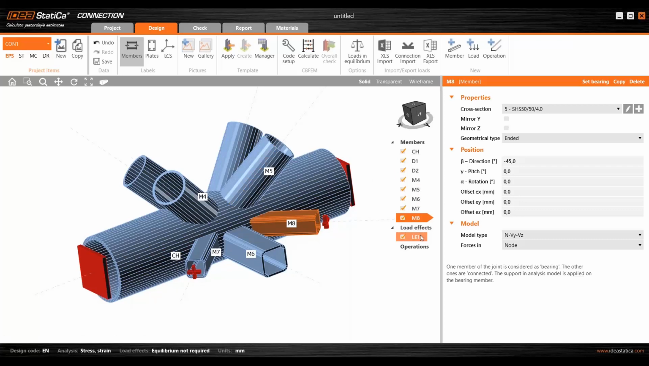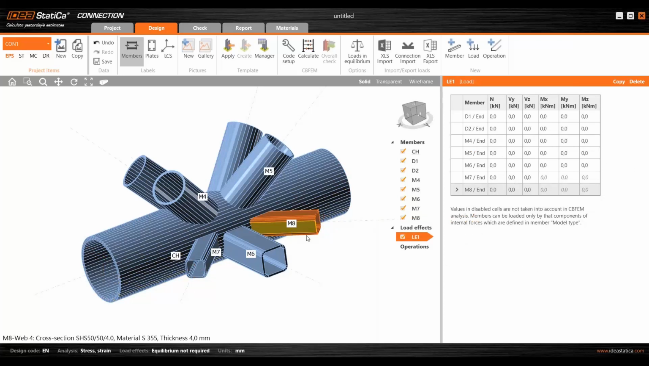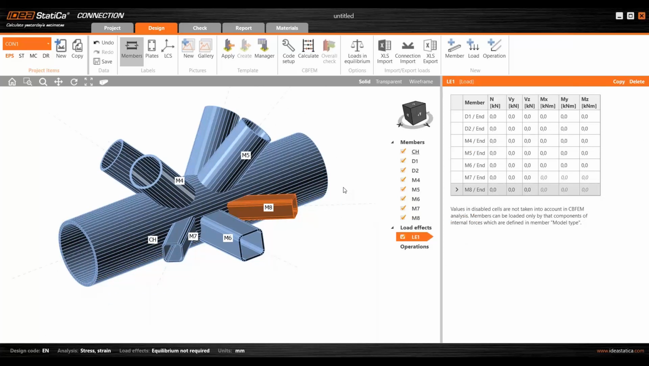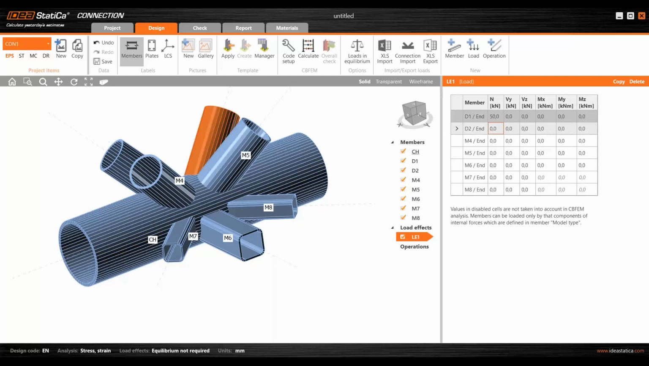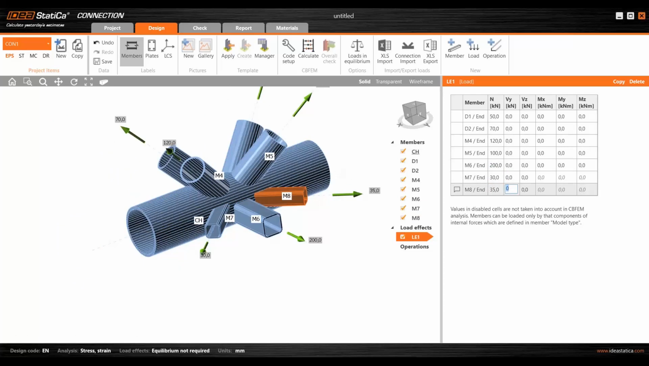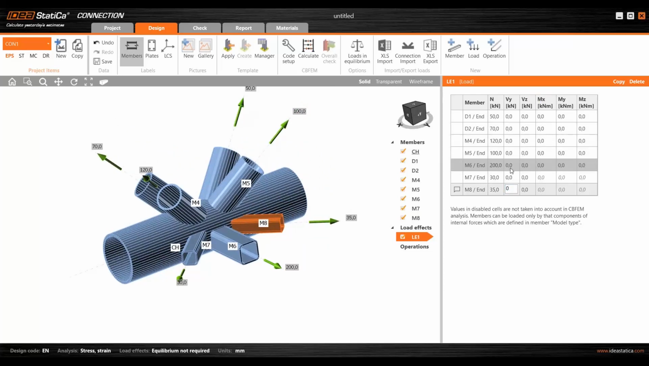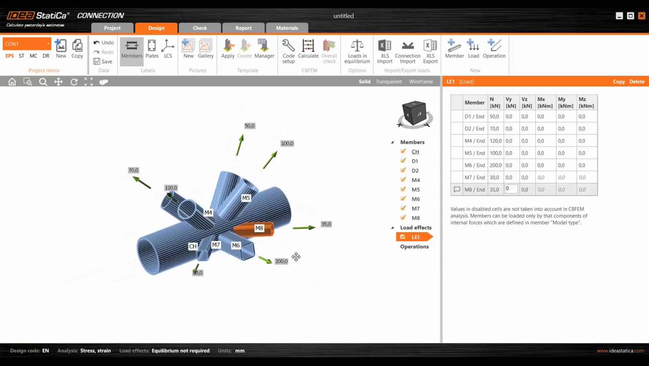So let's move on. I will now move to the load effects, and I will now input the internal forces, the nodal forces that you calculate on your global model, either by hand or in other software for the global analysis. So just take the nodal forces and input them here. You can do it manually like this. Let me just input here normal forces only, because I'm lazy to fill by hand the whole table here,